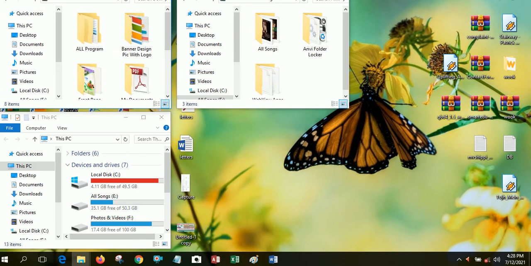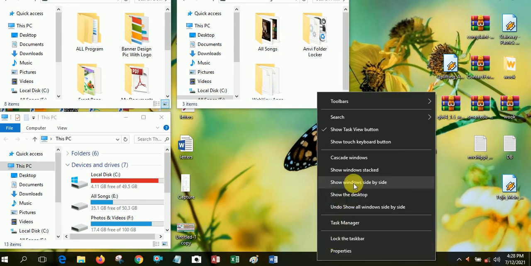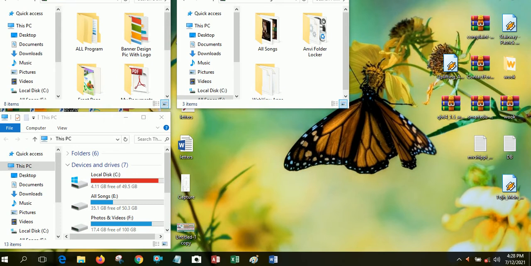Automatically, when you open more than two or three windows at the same time and use the show windows side by side option, you can use all of the windows at the same time in your computer system.